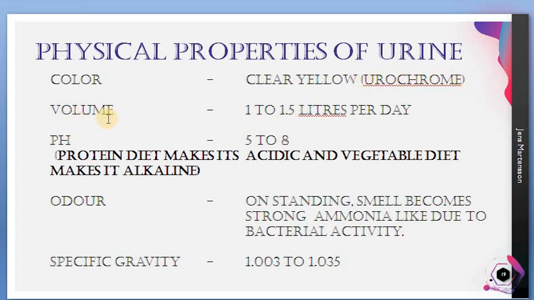Now the volume per day, how many liters of urine will a person normally micturate on average? So 1 to 1.5 liters per day is quite normal. If it is exceeding, okay, no problem. If it is very low, okay, no problem. You just try to make it normal. And if it is exceeding or going below the level, you have to consider that there must be some changes.